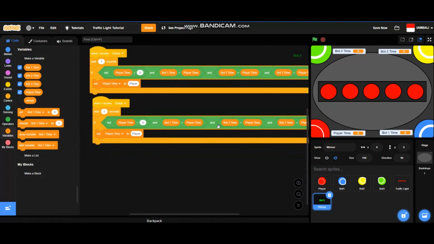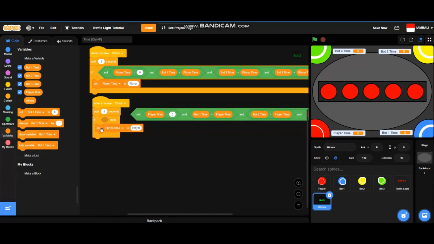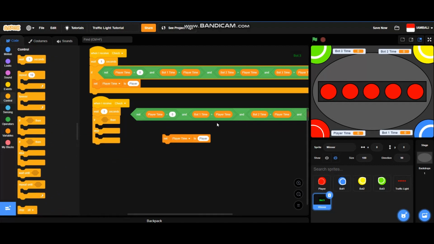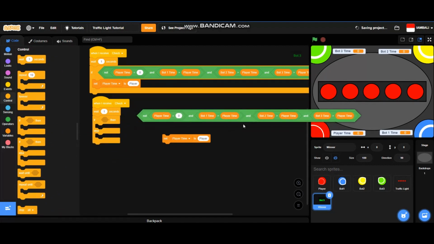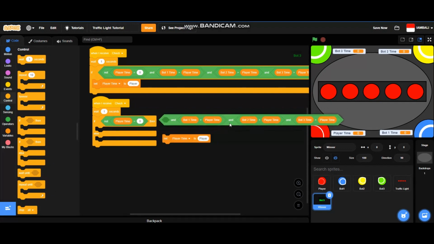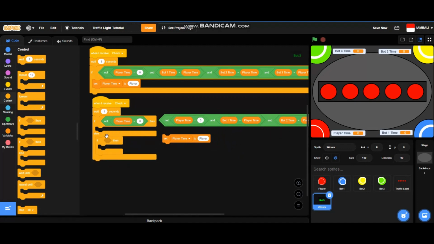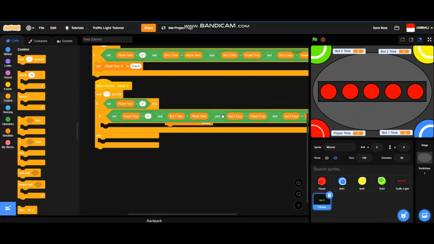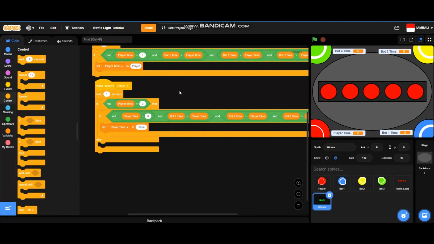When I receive check, it's going to be a little different, so I'm going to use if then else block. Okay, so add an if, so if player time is not equal to 0, that means put back the code, and then add an if then block inside this if then block. And then if the conditions are correct, it will set